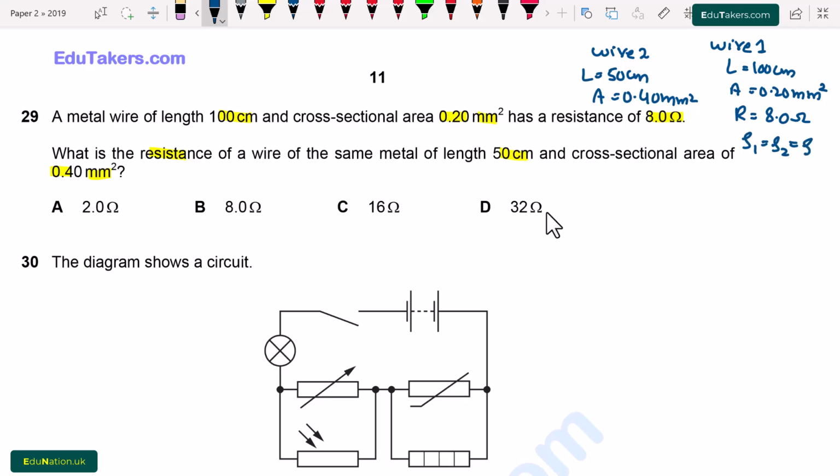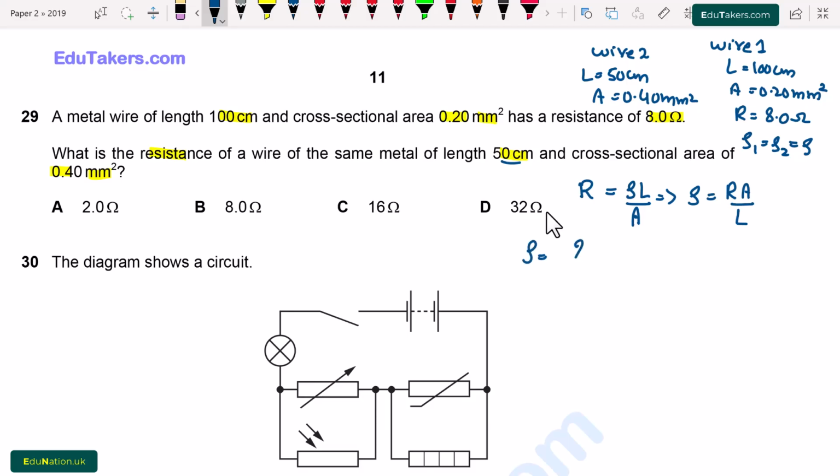First of all, I find out the data for wire 1 and find out the value of resistivity. Then by using this value of resistivity, I can find out the value of resistance. So I write here, resistance is equal to resistivity times length over A. We have to find out resistivity. It will be equal to resistance times area over length. Now I am going to put values for wire 1. The resistivity will be equal to,